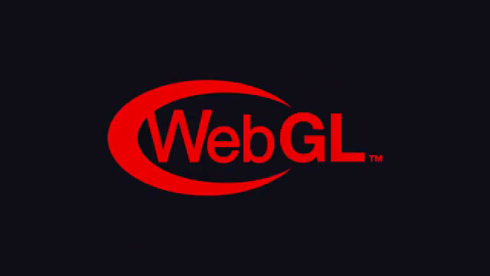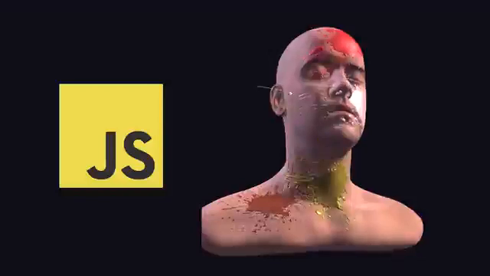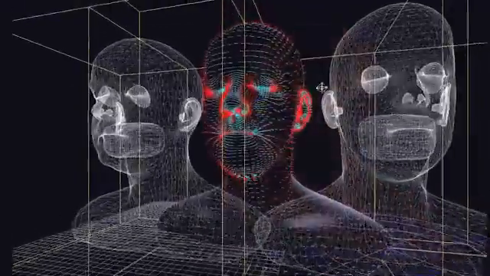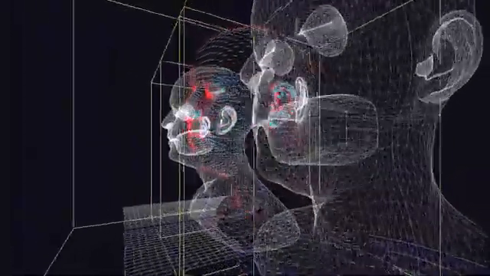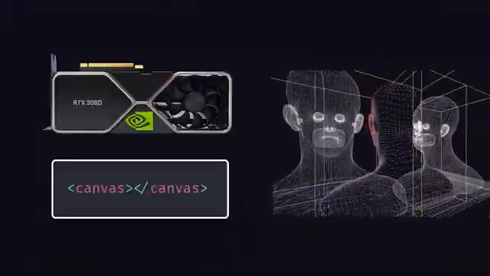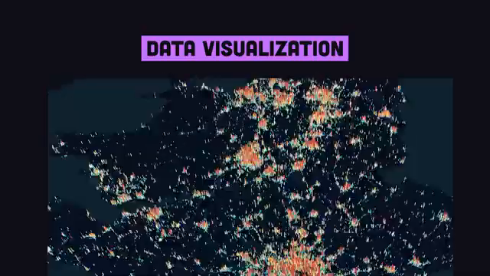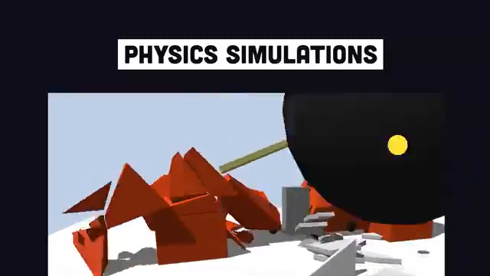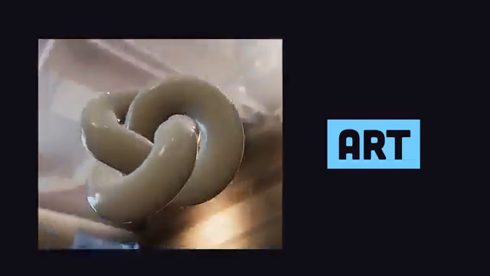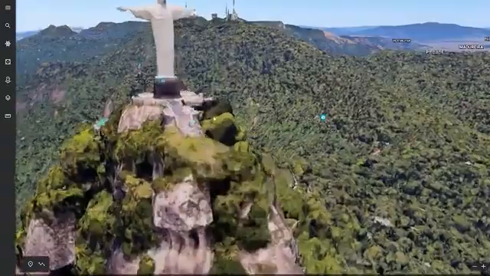Web Graphics Library is a JavaScript API for implementing interactive 2D and 3D vector graphics in the browser. It allows developers to run hardware-accelerated graphics with the client's GPU directly inside an HTML canvas without the need for external plugins. It opens the door to 3D web design, interactive games, data viz, physics simulations, and most importantly, beautiful artwork. WebGL is used to render graphics in everyday tools like Google Maps and by the Unity engine to make